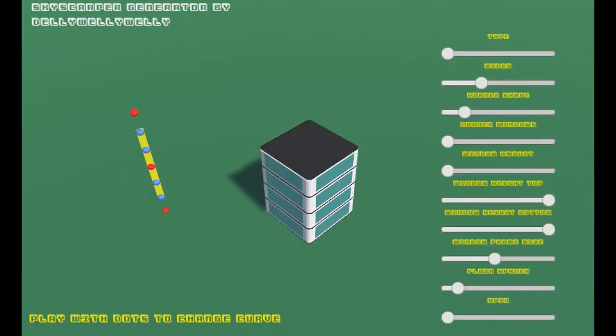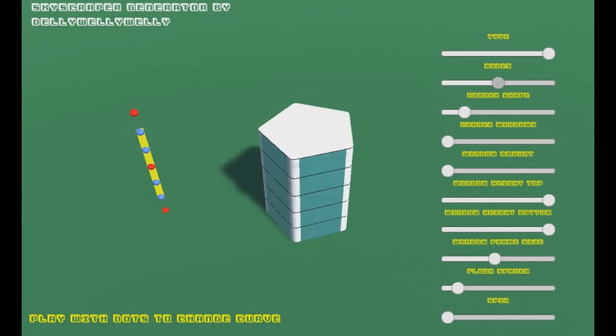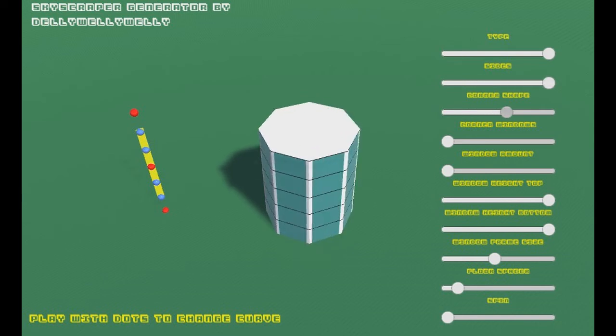Next. We're checking out Skyscraper Generator. So this makes different skyscrapers. I'll do this one. Sides. Oh, look at corner shape. Nah, I quite like them nice and small. Corner windows. I mean, I don't mind. Window amount. Yeah, the whole thing can just be windows. And let's just do a few. Window height's